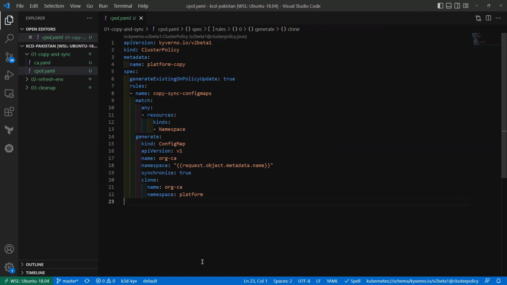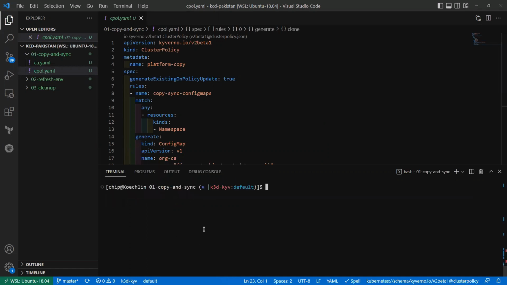And now we're going to create this Kyverno policy, which is called a generate policy, which is going to take the config map that is in the platform namespace. So here's referencing our org.ca config map, and it's going to clone it. There's the clone declaration. But it's going to match on any namespace, both new and existing, and it's going to clone that secret or that config map from the platform namespace to whatever the name of the namespace is. So let's create this policy